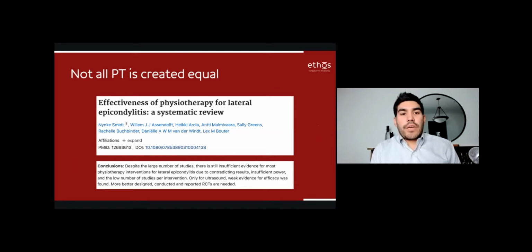This particular study looked at the effectiveness of physical therapy for tennis elbow. And what you can see in the conclusion, it says, despite the large number of studies, there's still insufficient evidence for most physiotherapy interventions. There's contradicting results, etc. Ultrasound had weak evidence for efficacy, and much better designed and reported research is needed. So I wanted to put this in here, and the reason is because when we're looking at physical therapy as a whole,